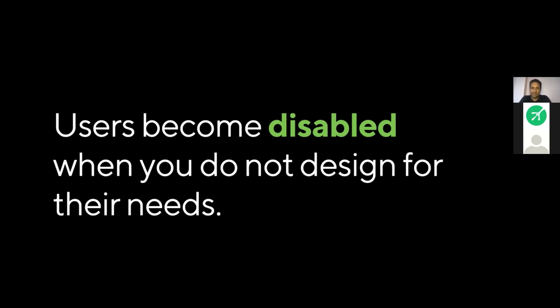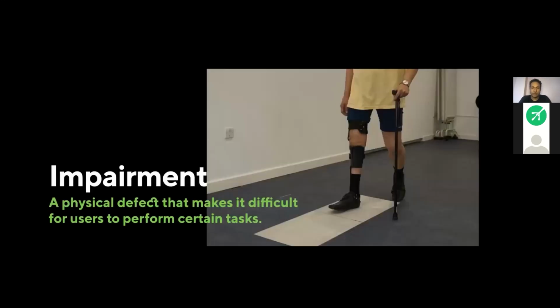So what is disability? Disability is not just somebody who has a certain condition, but it is actually a condition created by the designers when the users are unable to fulfill their needs. If your system is unable to let users do something on your system, you make the user disabled. There are two very general terms that are used. A lot of people use them interchangeably, but